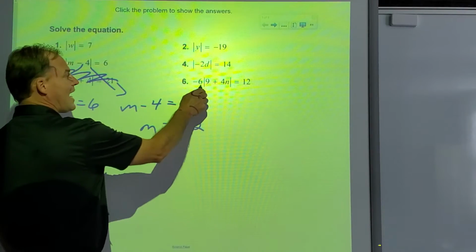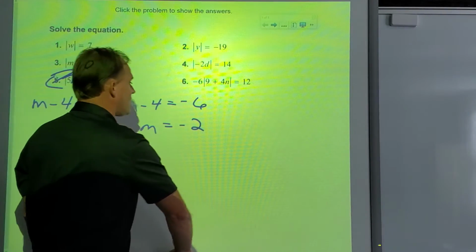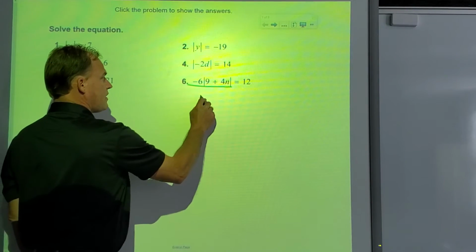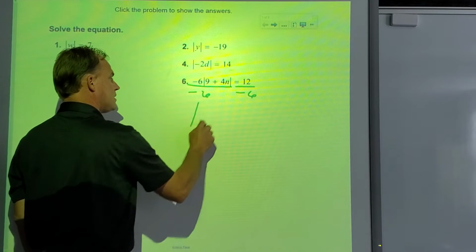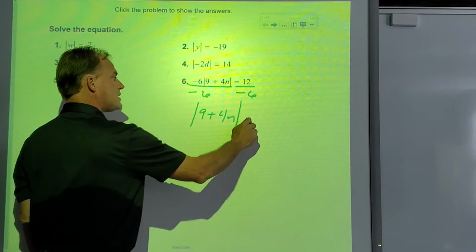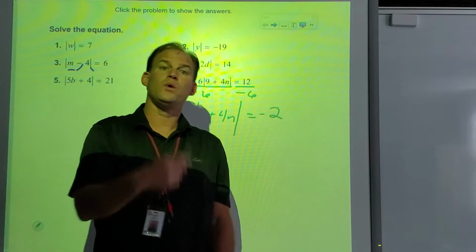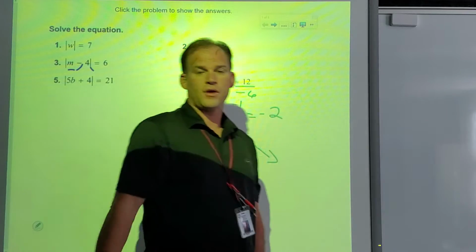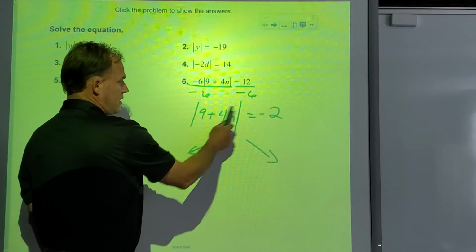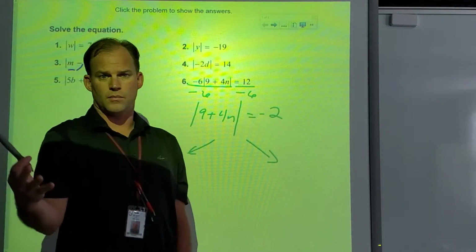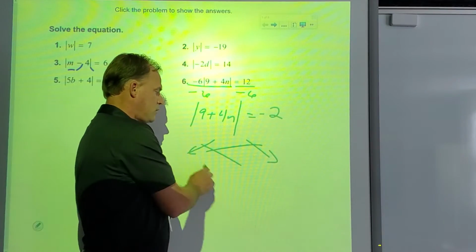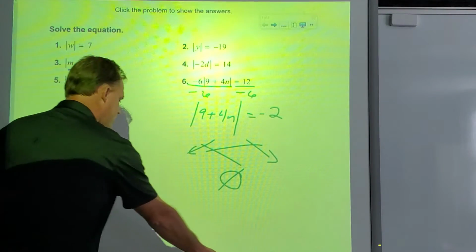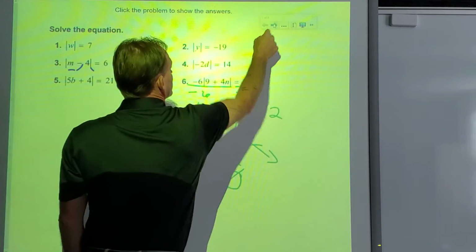If we had something outside the absolute value, we would deal with that first before we would solve the equation. So we would divide by negative 6 on both sides to isolate the absolute value, then split it into two equations. From there, a couple of other things popped up with this, namely, if you had absolute value equal to a negative number, that was a no solution, so we didn't have to bother with this part, it was just no solution. So hopefully all of this is jogging some memories, because what we're going to talk about now